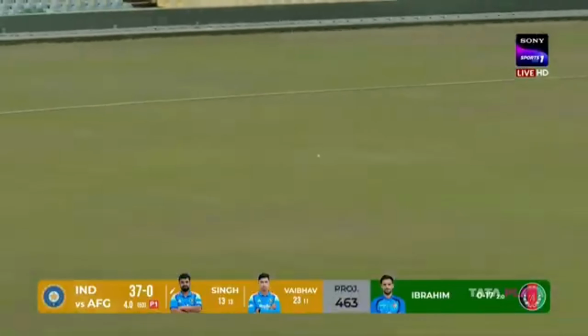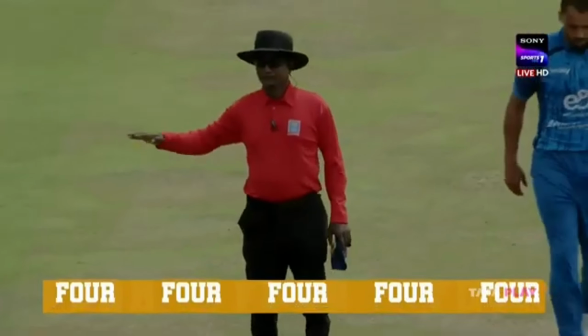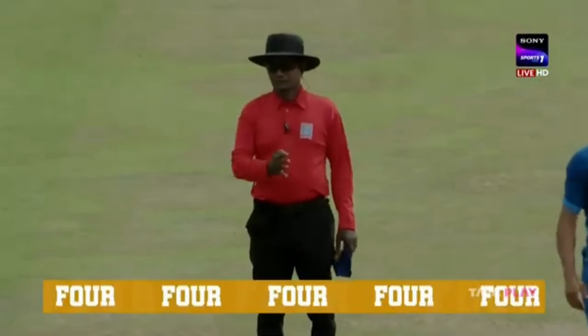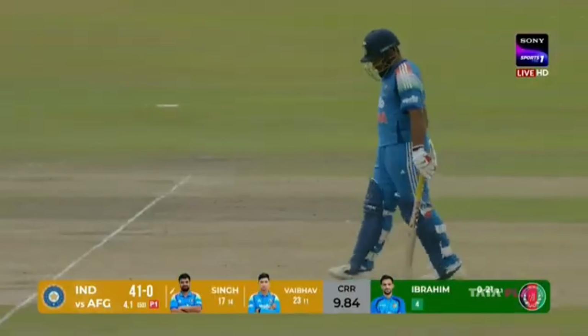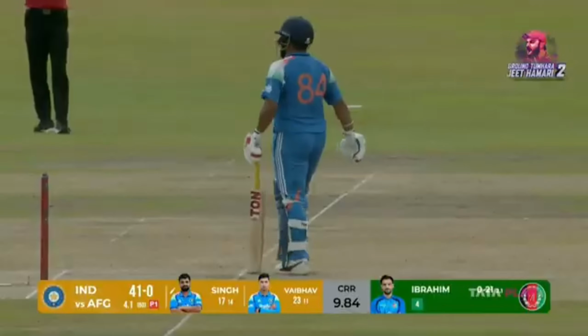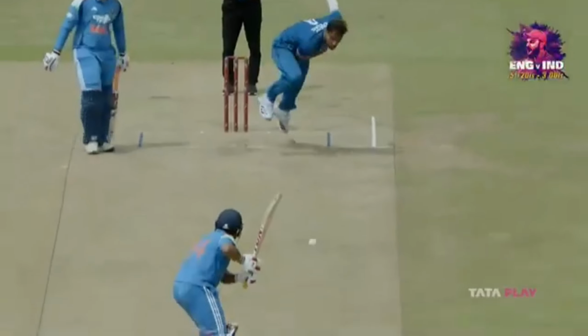Beautiful. Just a punch off the back foot. The outfield will do the rest. Make it another boundary. A lovely batting. This is very good batting. Little margin for error on this surface. And there we see